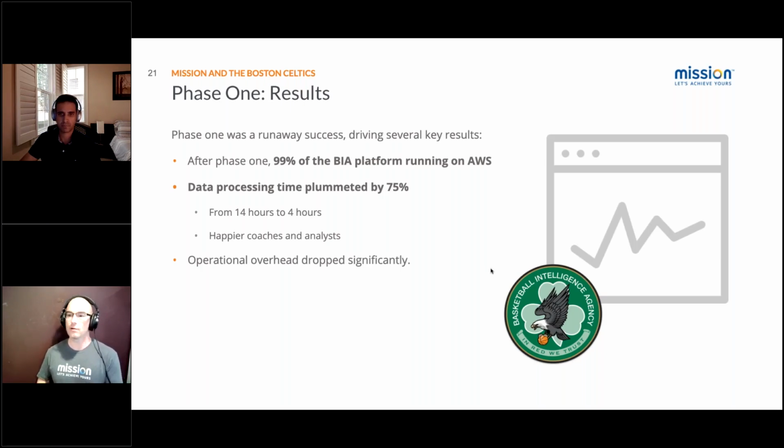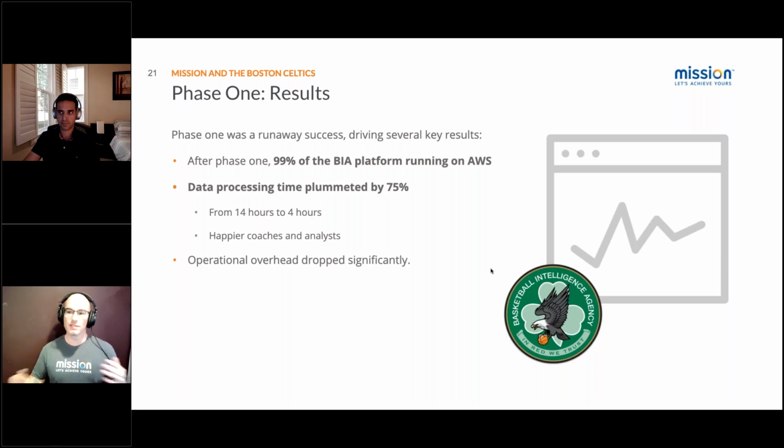Happier coach, happier analysts. Instead of getting information 24 hours later, when the game might be a little bit out of the player's mind or the coaches were a little unsure, they were able to bring that information closer to the actual event, letting them make better judgment calls based on that analysis and what had just occurred. On top of that, if you're not running a server for 24 hours or 14 hours to get this data to go through, you're paying a lot less because of AWS's on-demand model. You spin up instances when you need them, you spin them down when you don't. There's no server farm just sitting there idle costing you money. When it's not running, it's not costing you money.